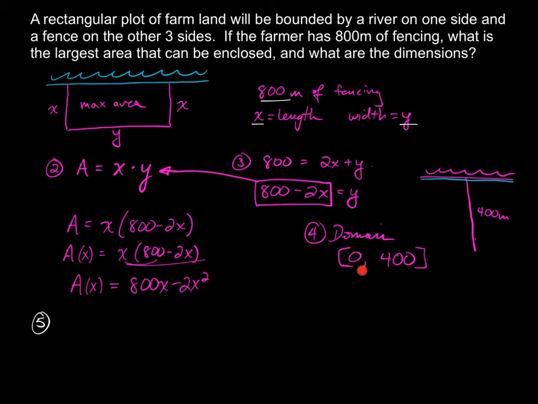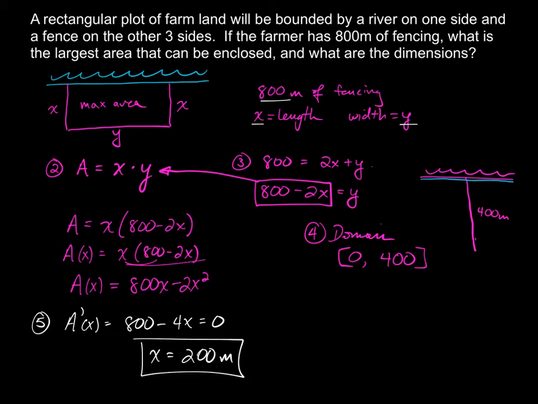So on this interval, we are guaranteed an absolute maximum and an absolute minimum. So let's take that derivative and see what happens. We have A prime of x equals 800 minus 4x. And if you set that equal to 0 to find your critical values, then you have x equals 200,